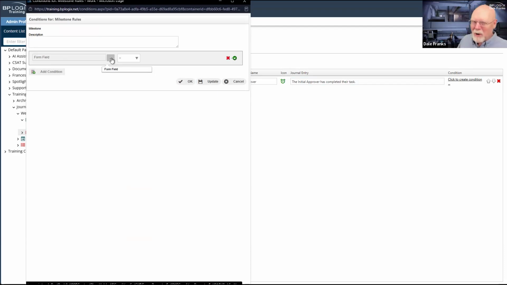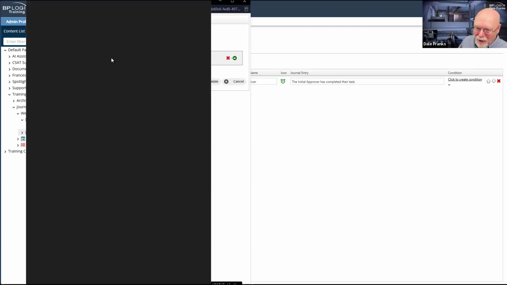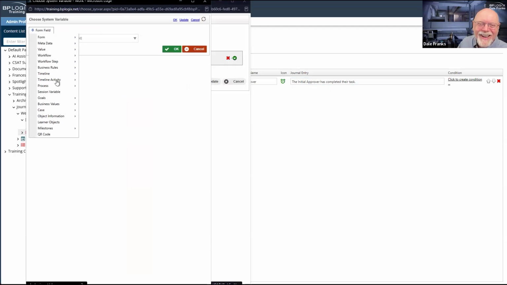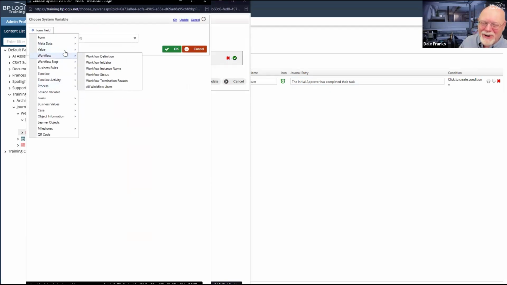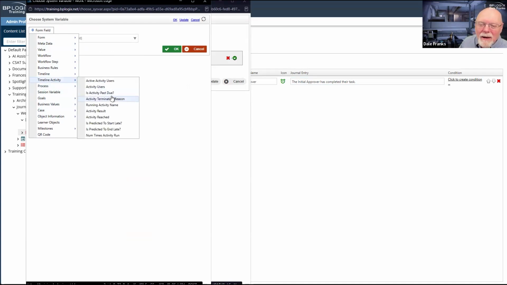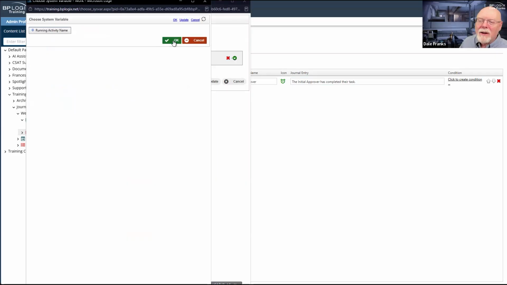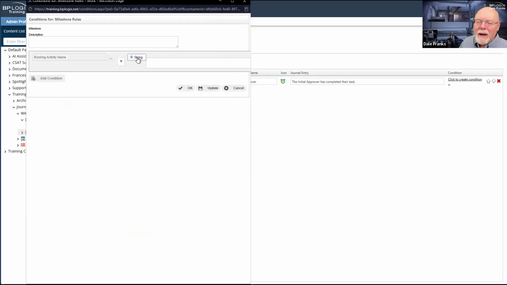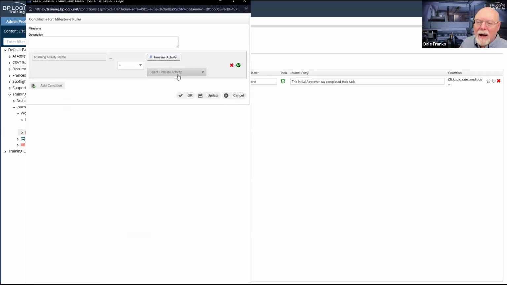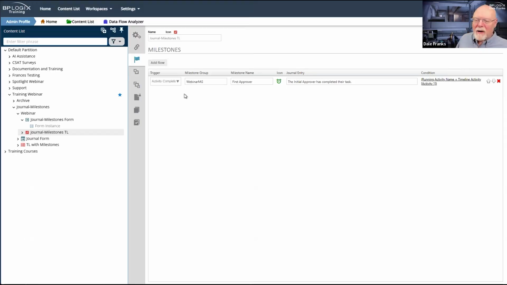And if not, we'll go look at the completed one that all works so that I don't have two failures in a row. Timeline activity, running activity name is, and we'll say it is activity one. So we only want this to fire if the activity completed is activity one. I'm pretty sure that that is the appropriate configuration for that.